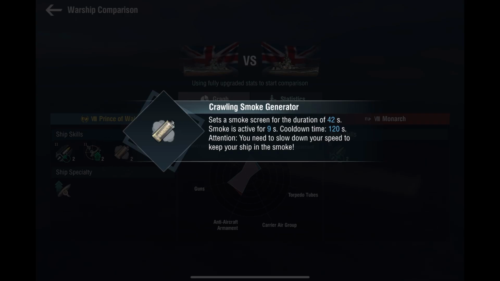Now, to clarify, this is not the Crawling Smoke of the Commonwealth Cruisers. The Commonwealth Cruisers have a separate Crawling Smoke labeled as Crawling Smoke level 1 and 2. This is normal Crawling Smoke from the Vampire to the Huron. So these are the ones that get to go half speed while staying concealed. However, it also won't lower your speed when you're using it like the Commonwealth Cruiser smoke. So that's another difference. However, it's still Crawling Smoke, so you can still go